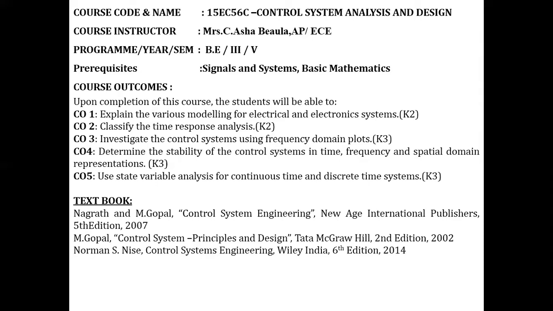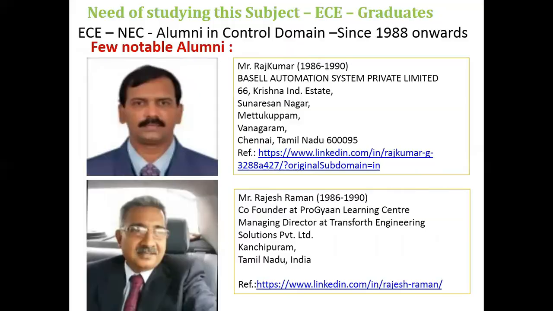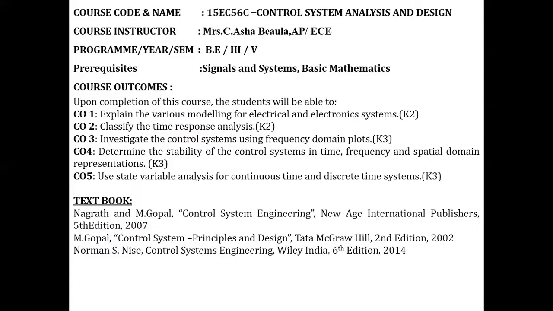If you are considering a washing machine, there also we have control system. If you're considering a missile, the orientation is controlled by a control system. So for every activity, we have some sort of control system. The concept of control system also plays an important role in the working of space vehicles, satellites, guided missiles, etc. Hence, as an engineer, it is absolutely necessary to get familiar with the analysis and design method of such control